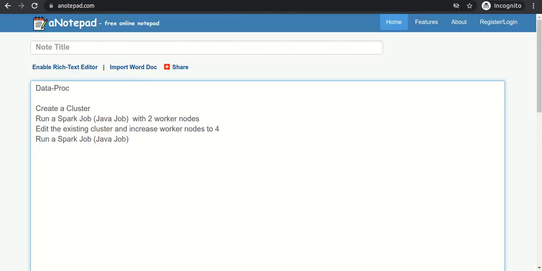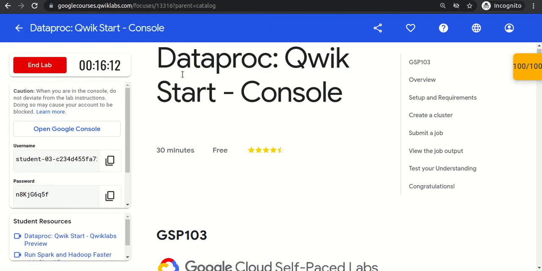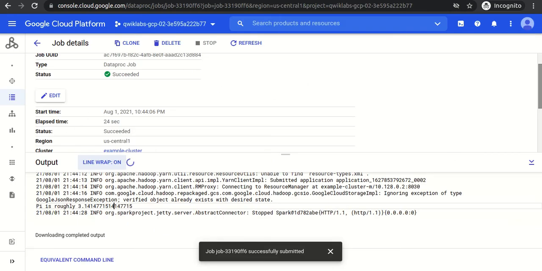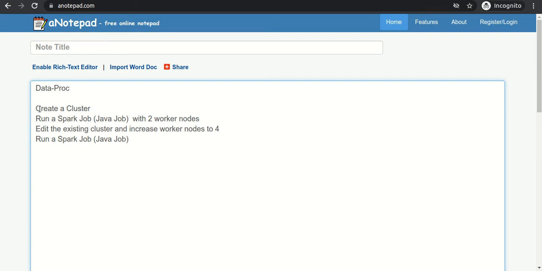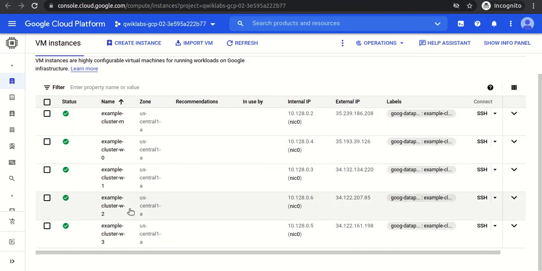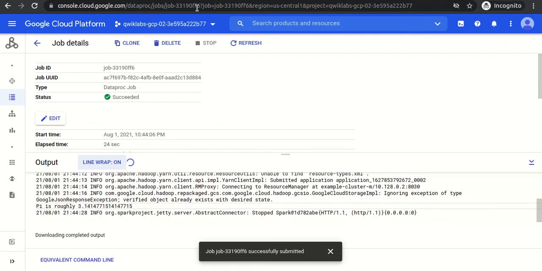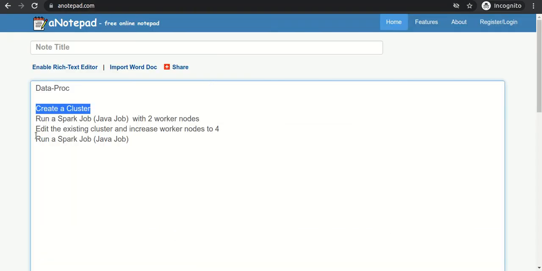So this is a very basic quick start lab about Dataproc. To see the console, meaning the UI area, we saw how to create a cluster and how to modify the cluster. We can go to the configuration panel and change from 2 worker nodes to 4 or 5 or 6, any number of worker nodes we want. We also saw that if we create a cluster, the virtual machines automatically get spun up at the back end, and we also saw how to run a Spark job.